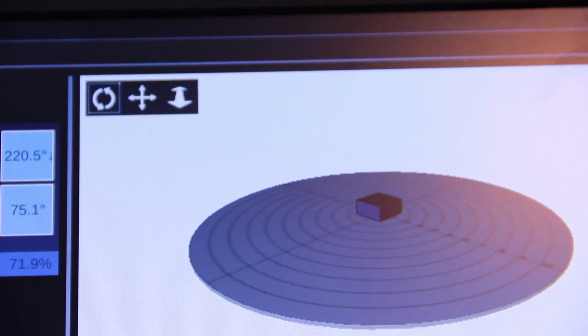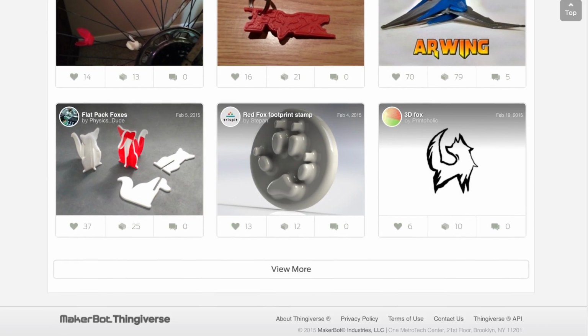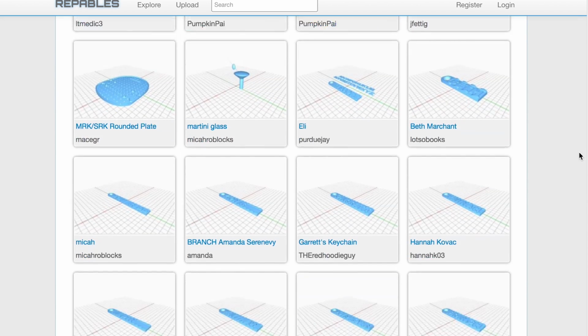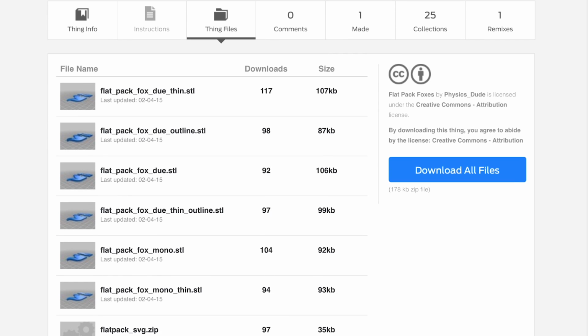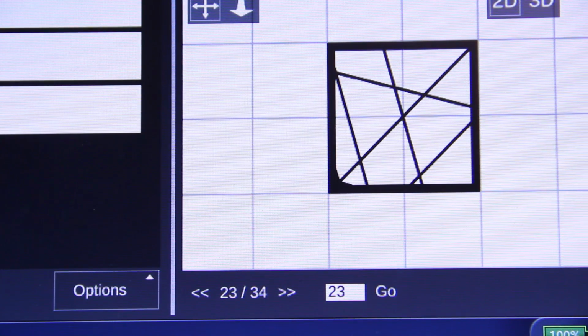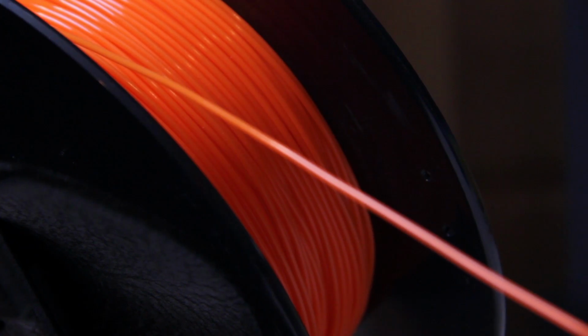For printing a 3D part, what are the steps that you have to go through? First off, finding or designing a part in a computer design program, so a computer-aided drafting program. There are also plentiful drawings, or three-dimensional models, out there on sites such as Thingiverse, Youmagine, and Repables, and then you'll put that into your printer host software, and it will take that three-dimensional part and create two-dimensional layers. Those layers are sent into the printer as it goes through its print cycle, and what happens is that